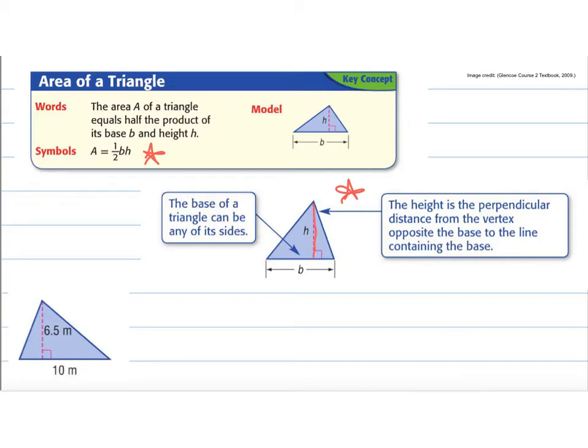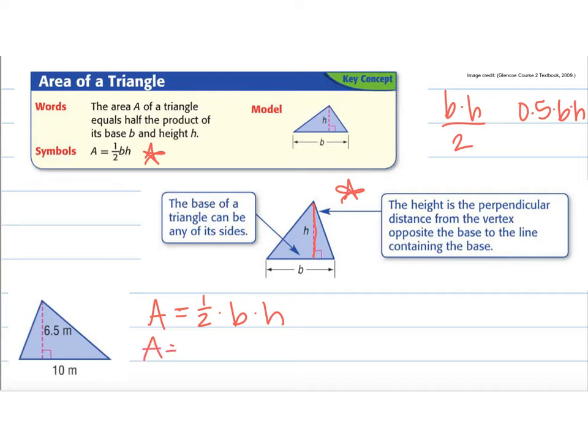Okay, so let's find the area. Again, start with the formula. Area equals 1/2 times base times height. You could also take the base times height, divide by 2, or as a decimal, 0.5 times base times height. A couple different formulas for you to use, but